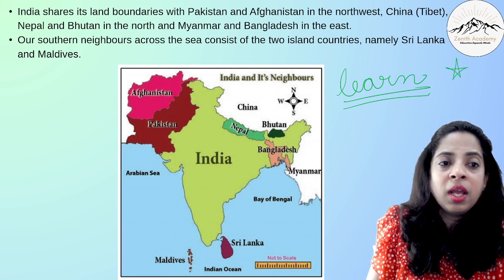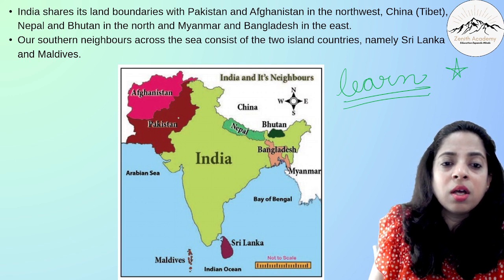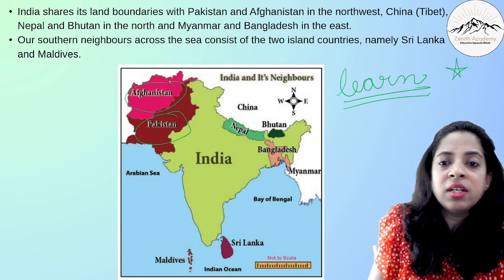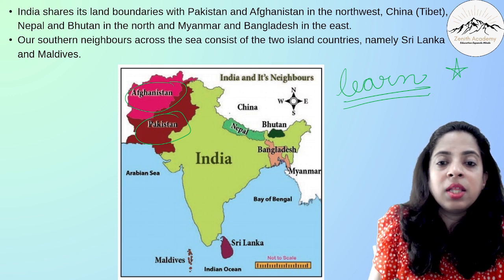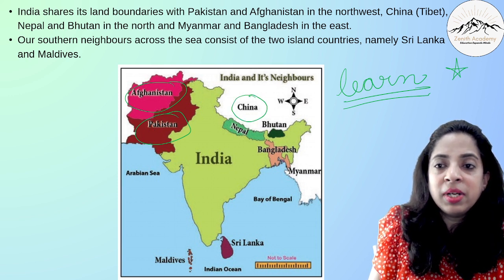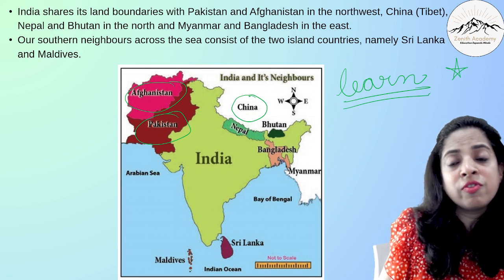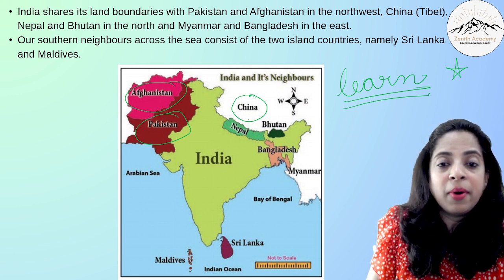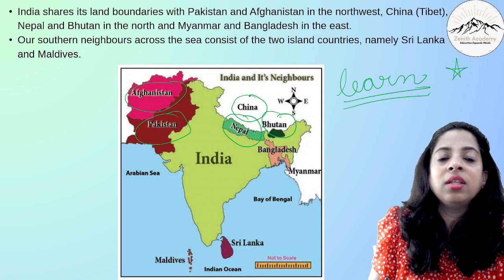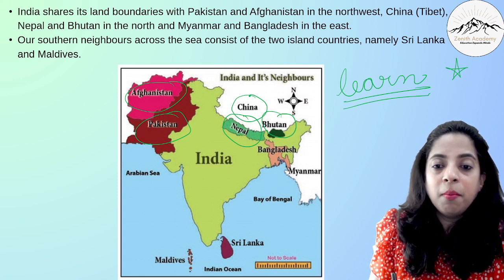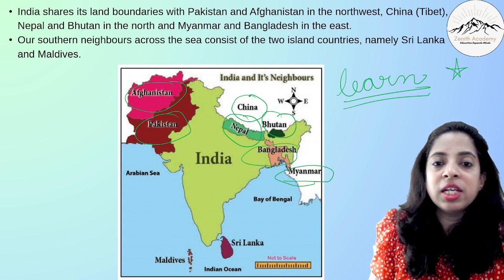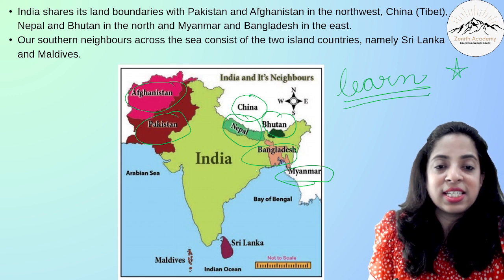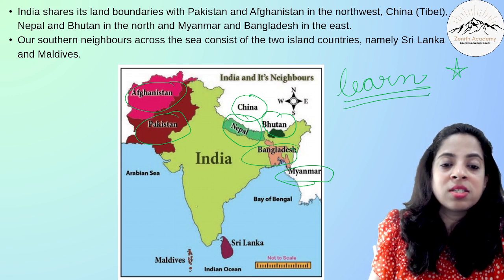Now see, India shared its land boundaries with Pakistan, Afghanistan in the northwest. You can see northwest. Then China, Tibet, China which was earlier known as Tibet, Nepal, Bhutan in the north, and Myanmar and Bangladesh in the east. Okay. Now our southern neighbors